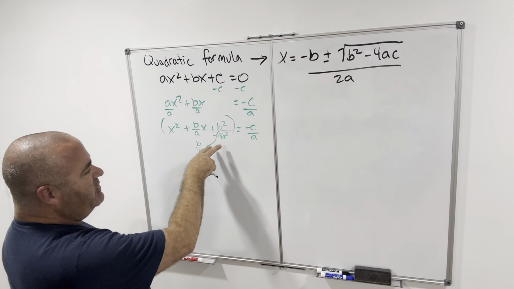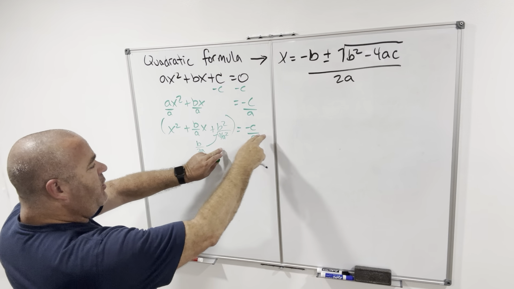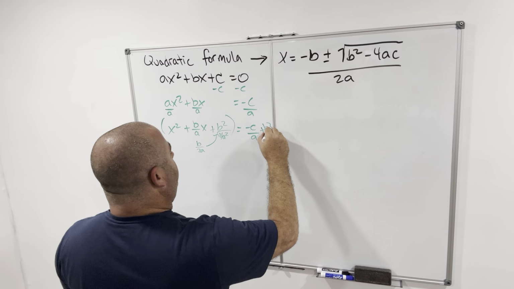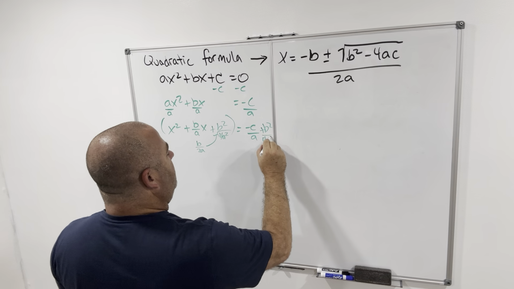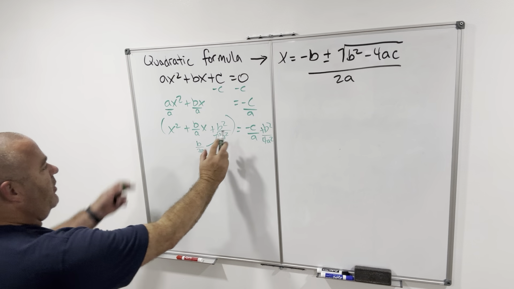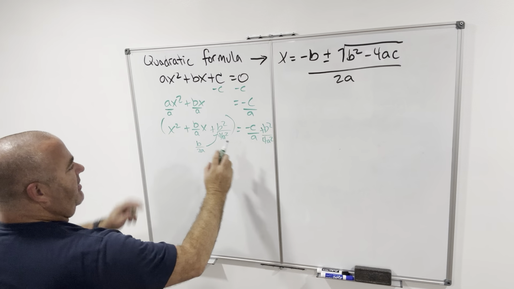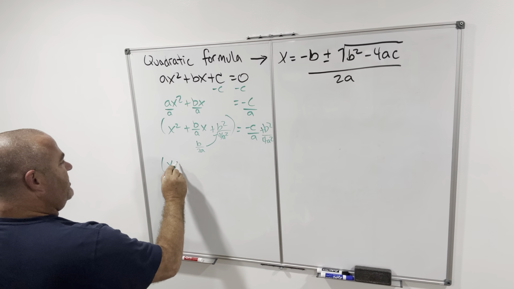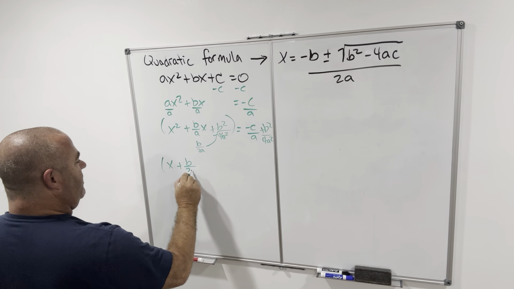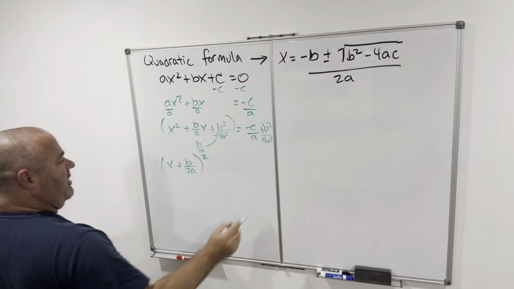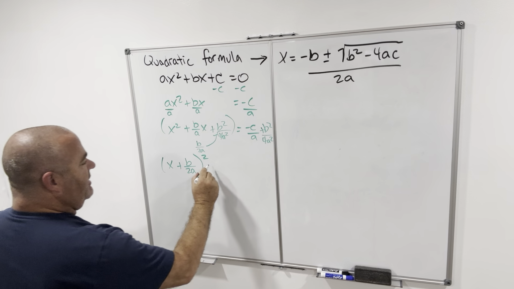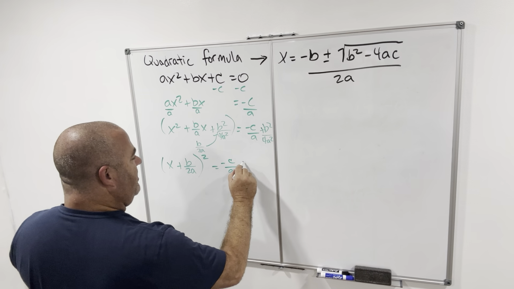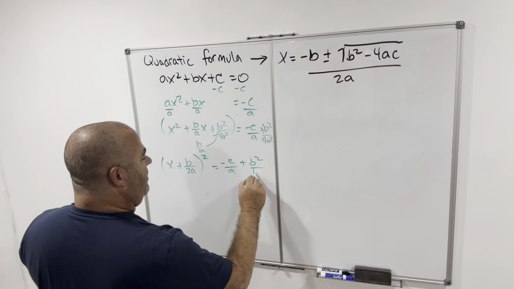But you can't just add that into an equation. If we're going to add it on this side of the equation, we can add it to this side of the equation, and it keeps everything equal. So we're going to say plus b squared over 4a squared. Now we have a perfect square here, so we can rewrite this as x plus b over 2a, squared, that's what this factors out to be, is equal to negative c over a plus b squared over